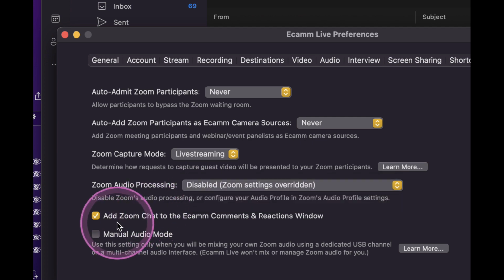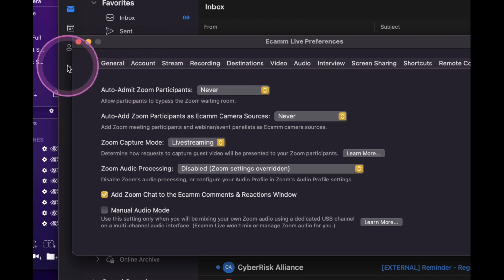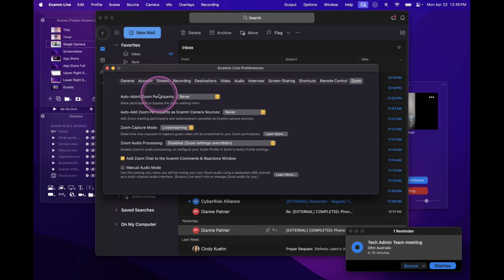And then you can also say add Zoom chat to the Ecamm comments, which is really cool. So now you have the ability to have your Zoom participants see the chat. You can bring the Zoom chat right up on there. And then the other cool thing about this is you can